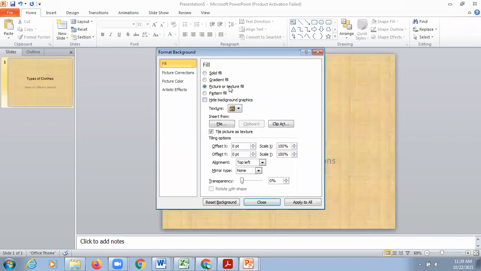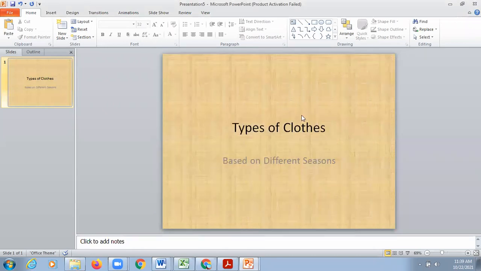You can add a picture at the background also, like suppose this, because this is a PPT or the science project which I'm going to create on types of clothes based on different seasons. So I can take a picture background related to seasons.